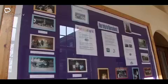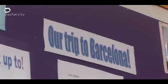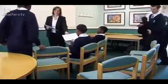The hard work is the organisation, doing all the health and safety checks, meeting with the parents, lists of what they need to take, lists of rules, getting sign sheets in, making sure everyone's got passports. After that, you have a meeting with the pupils just to make sure they know what to bring with them